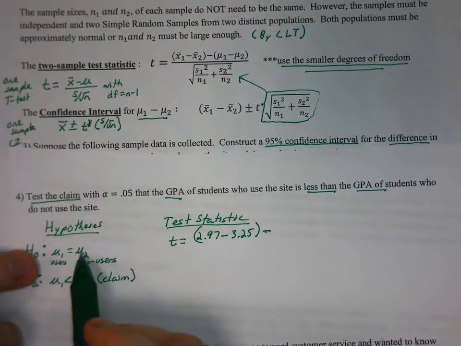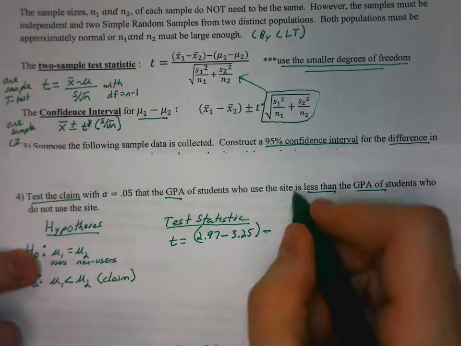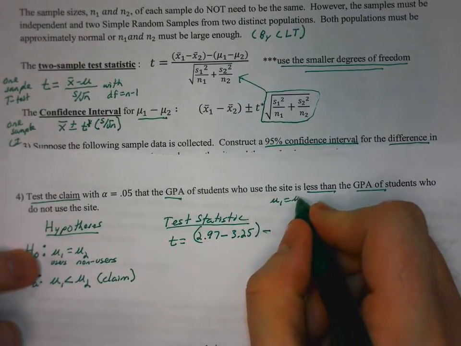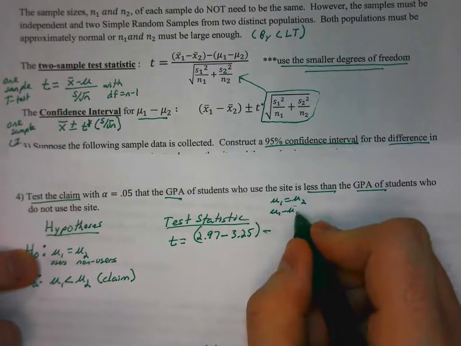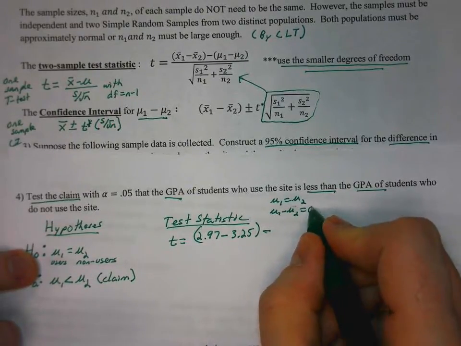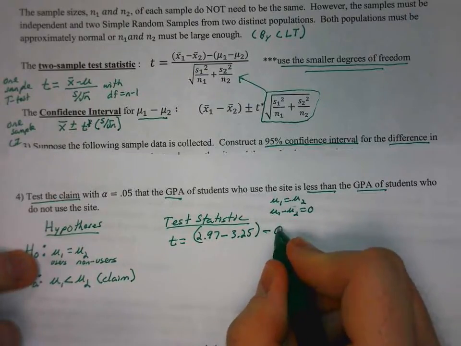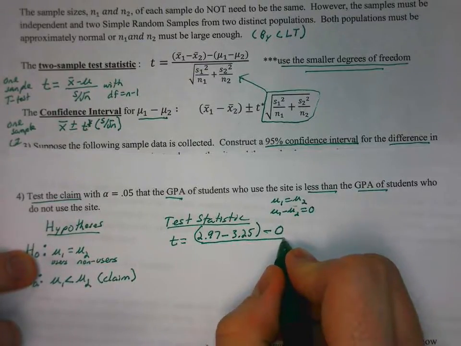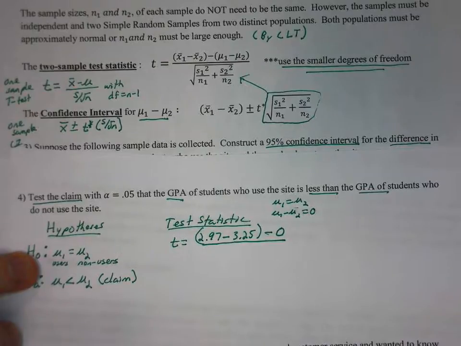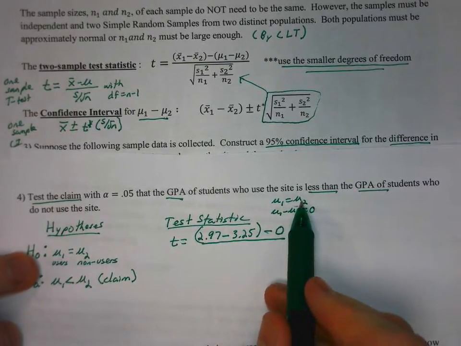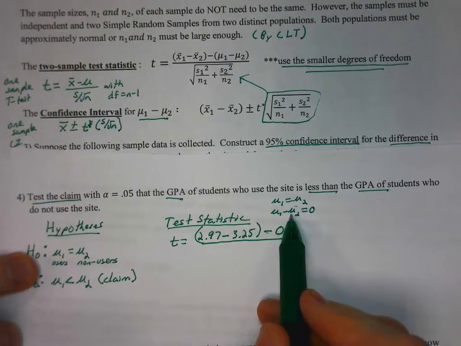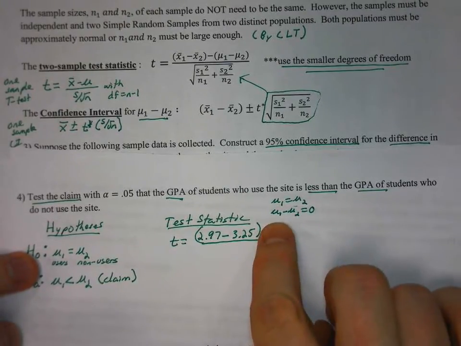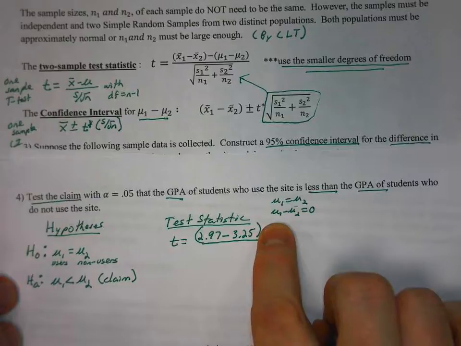If mu1 equals mu2, then what's mu1 minus mu2 equal to? If you subtract mu2 from each side, you get 0. So what's nice with the test statistic is that mu1 minus mu2 generally turns into 0, because you can rewrite mu1 equals mu2 as mu1 minus mu2 equals 0. So you're just going to end up with x bar 1 minus x bar 2,